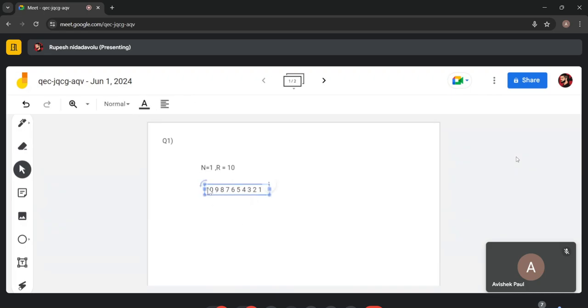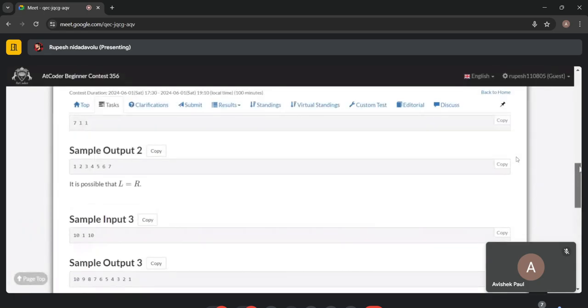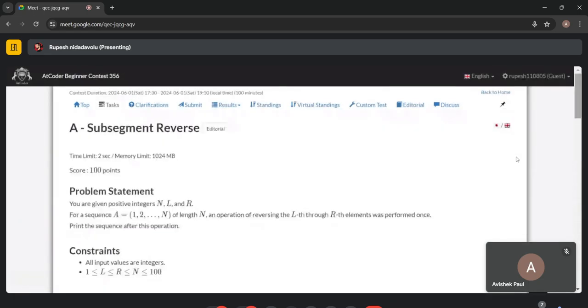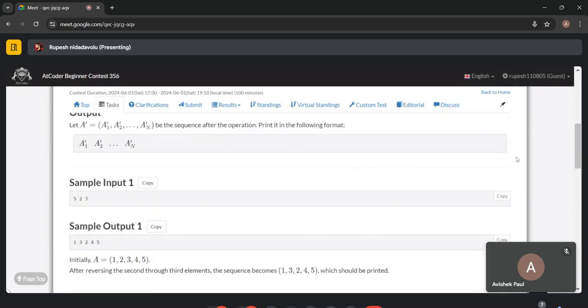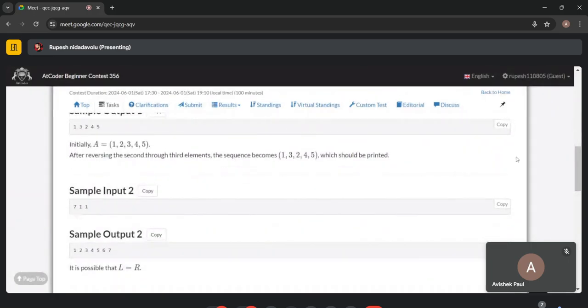This is our answer array. One thing we have to observe is that they haven't given the input array. We have to assume that the initial number is 1, the second number is 2, and the third number is 3, and so on. The array is the first n natural numbers. So what we have to do is